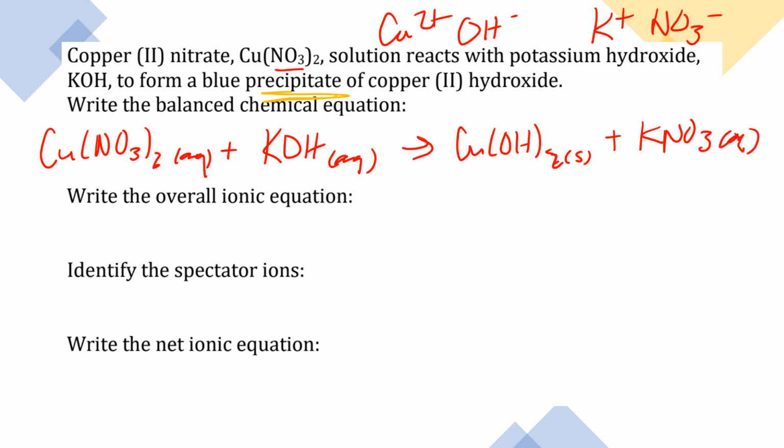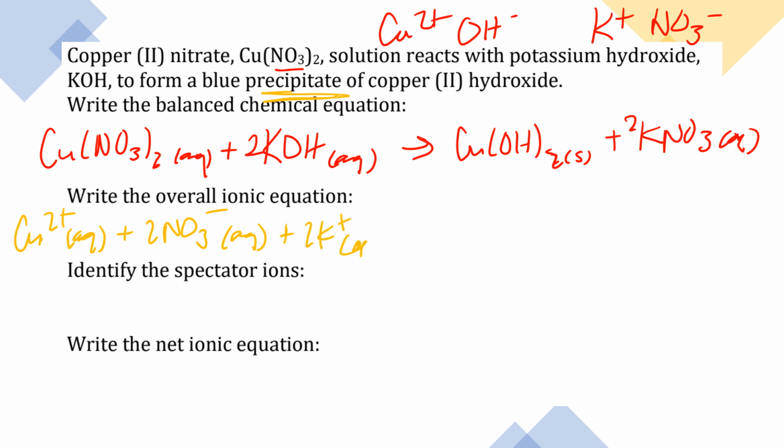If it tells you a solution reacts with something and it forms a blue precipitate, you can probably assume it's a precipitation reaction. That means they're both solutions, both aqueous in the reactants, and then in your product, one is solid, the other is aqueous. So we have to balance: 2 nitrates over here, 2 Ks, so 2 Ks over here, 2 OHs, we're good. Write out the overall ionic equation. So Cu 2 plus aqueous plus 2 NO3 minus aqueous plus